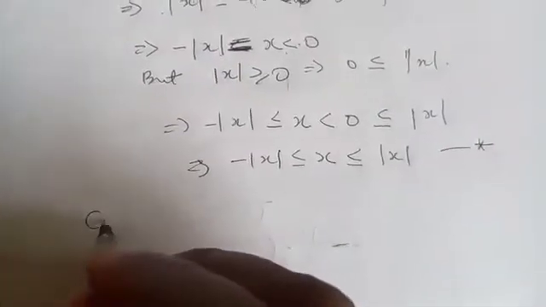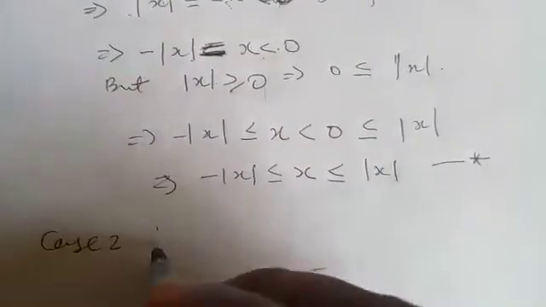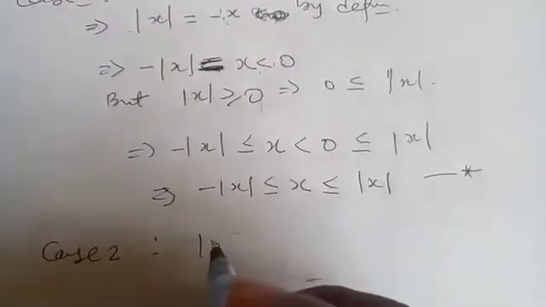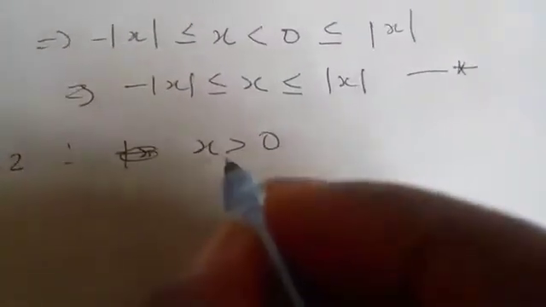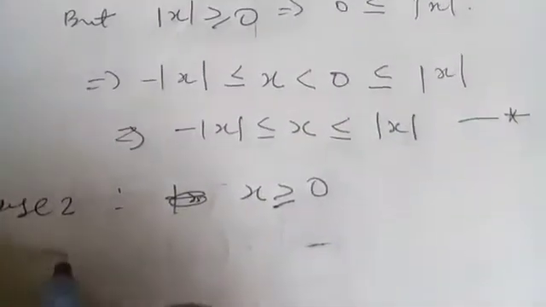So this completes the proof. That's our case 1. Case 2. Let's consider a case whereby s is greater than 0. Considering this case, a is greater than or equal to 0. I'll change it to s here. So by that definition,